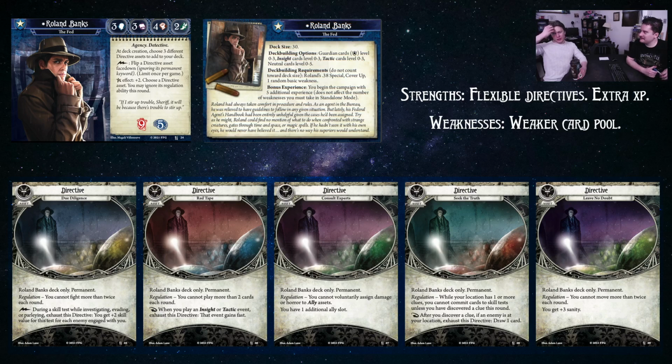So, if your location has 1 clue, you can't commit cards until you get it. Yeah, and then it doesn't matter anymore. But if it has more than 1 clue, and after you get a clue, if an enemy's at your location, you exhaust to draw a card. Yeah, so after you get a clue, if an enemy's there, you draw a card. So it's card draw, but...